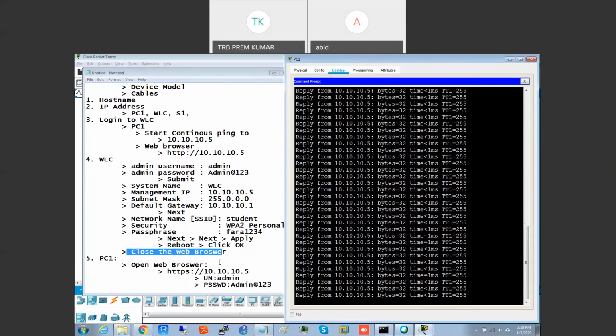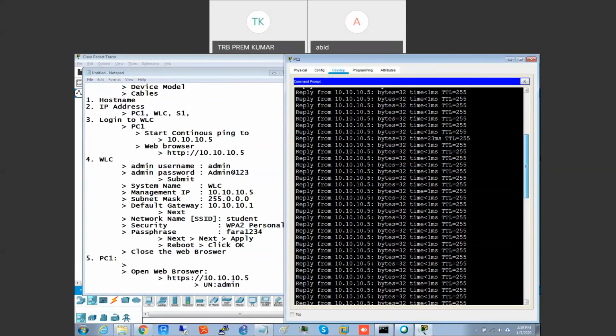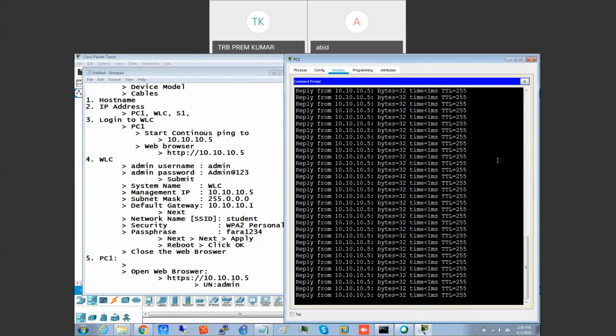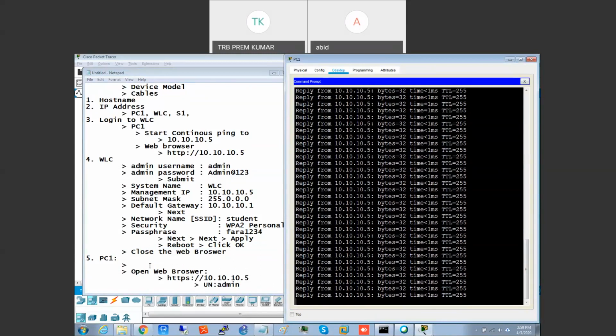Okay. So what do you do before that? One more step, I'll add it here. I gave continuous ping, right? Correct. In between, you do not have to stop pinging. If you don't do continuous ping, what will happen? I'll tell you. You can see here, disconnected happens, right? You can see request timed out here. Correct. We have to do ping.